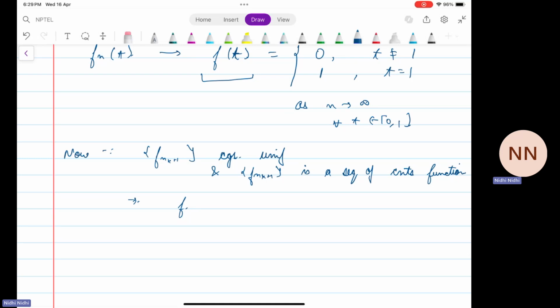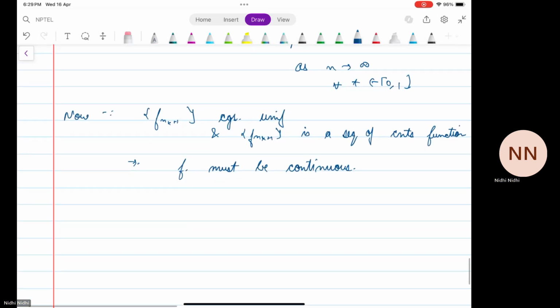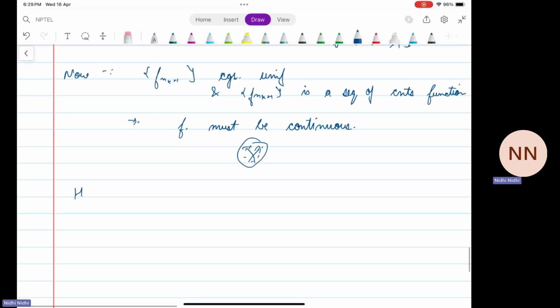So this implies f must be continuous, which is a contradiction. Hence, by contradiction,